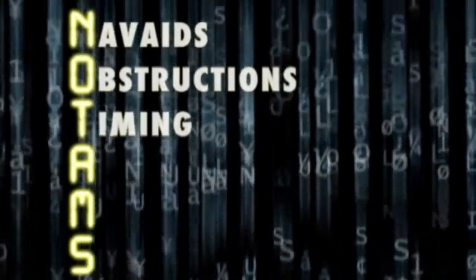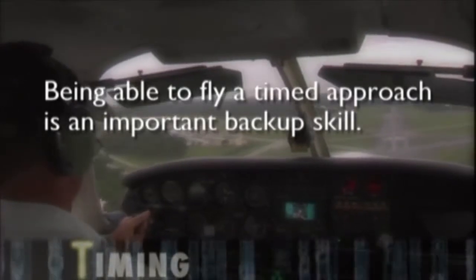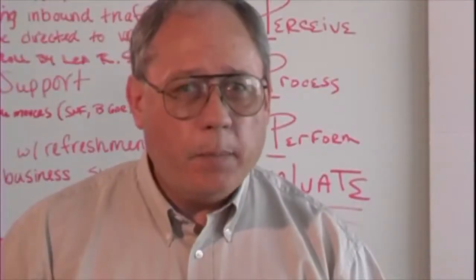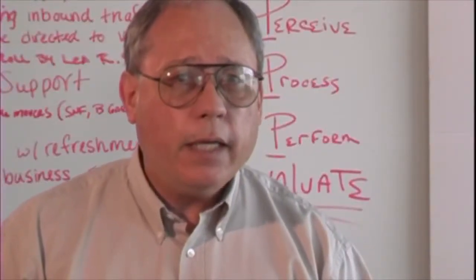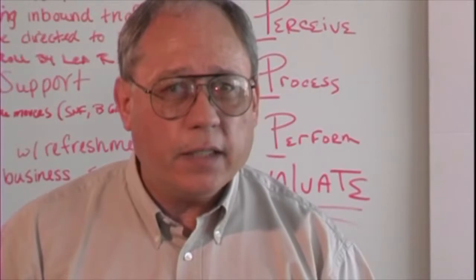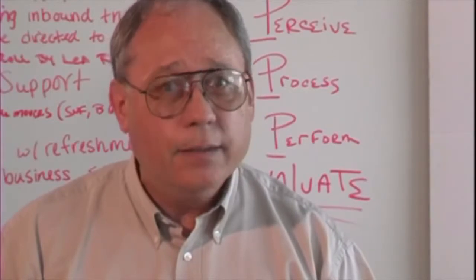Because of the extensive availability of the GPS, FMS, LORAN, RNAVs, DME, and other letters of the alphabet, the clock plays a much less prominent role in today's cockpit. But it is an important backup device should you lose your distance readout and are required to fly a timed approach. So make sure you know how to do this. This might be a good time to remind everyone that each leg of a GPS approach gives you distances and times to the next fix, not to the missed approach point, unless of course the missed approach point is the next fix.